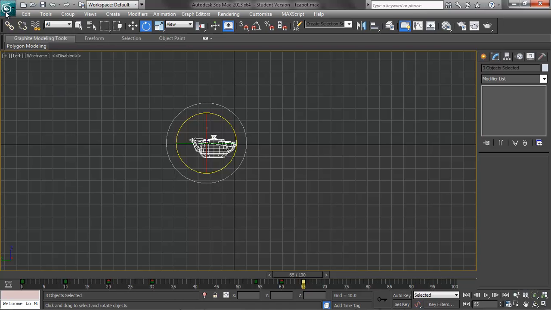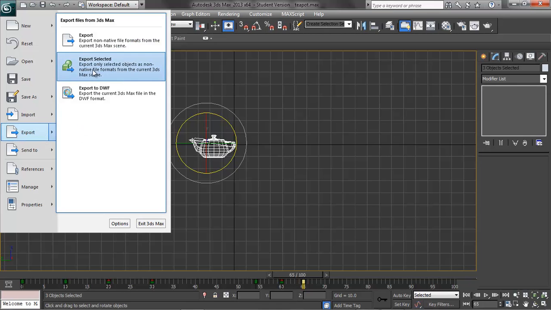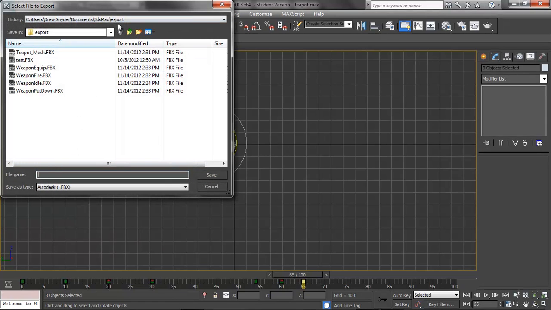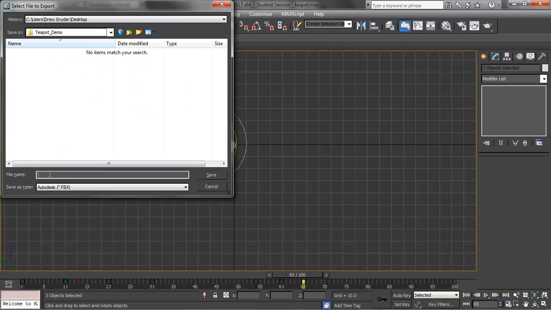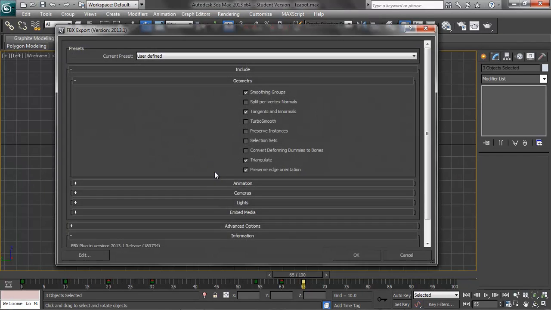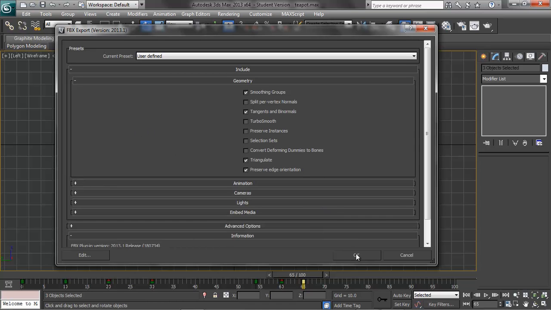So we're going to go up to export, and export selected, so make sure you have all the bones and everything selected, and let's do a new folder, Teapot demo. The first one we're going to do, these are all FBXs, which is Autodesk Universal File Format, we're just going to call this teapot underscore mesh FBX, hit save. These are my defined settings, so I have smoothing groups on, tangents and binormals, triangulate preserve edges, and make sure that you've got animation on as well, even though they're going to actually be imported separately. So okay,